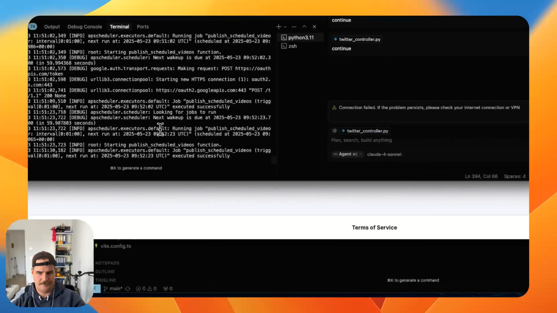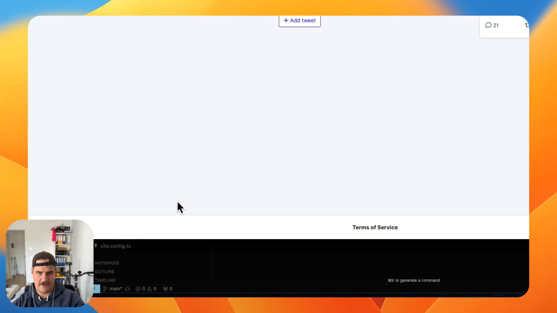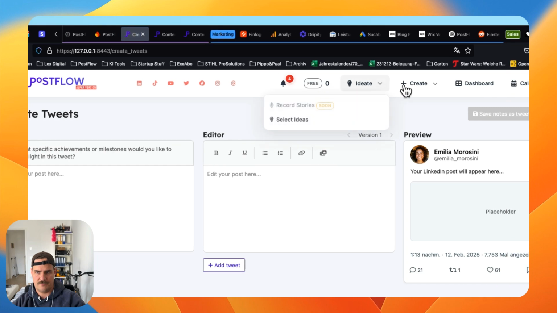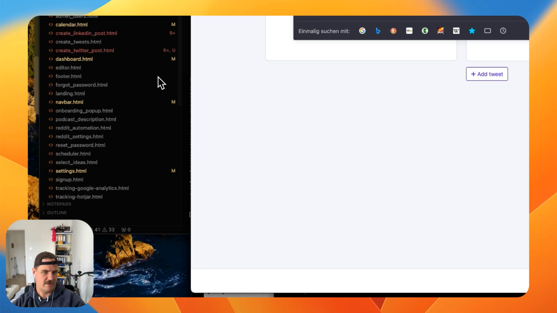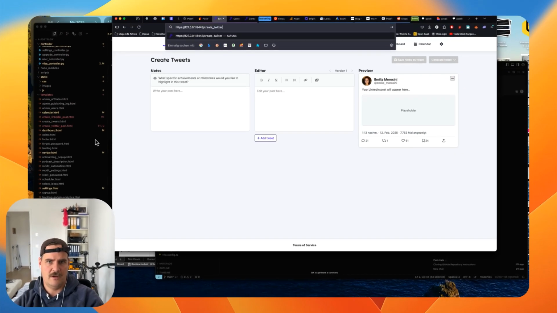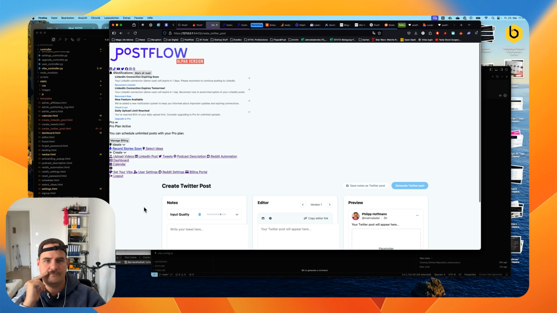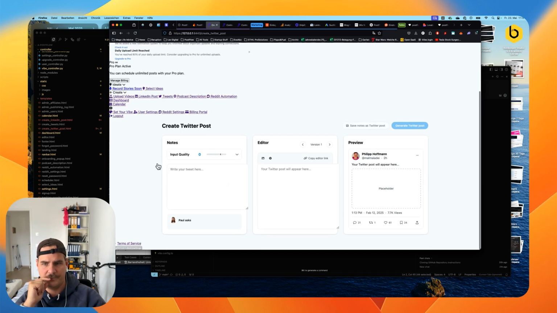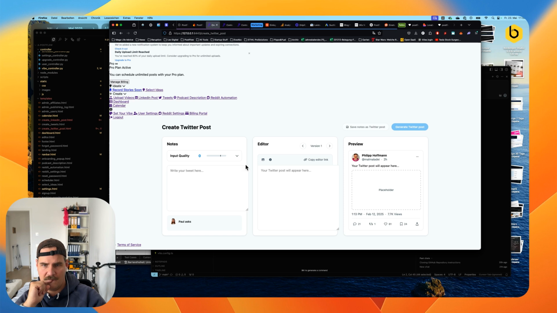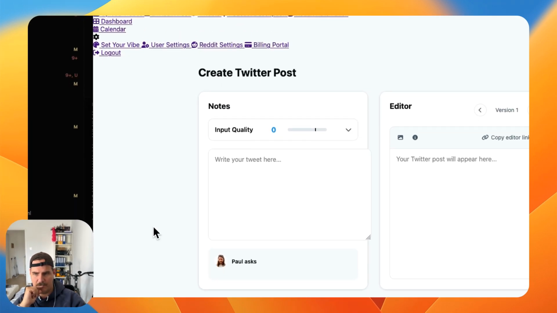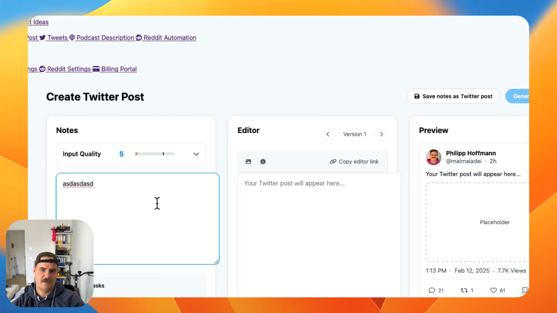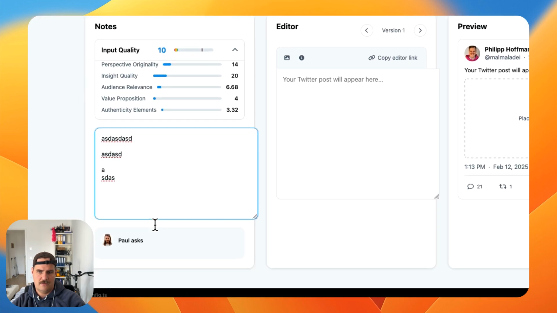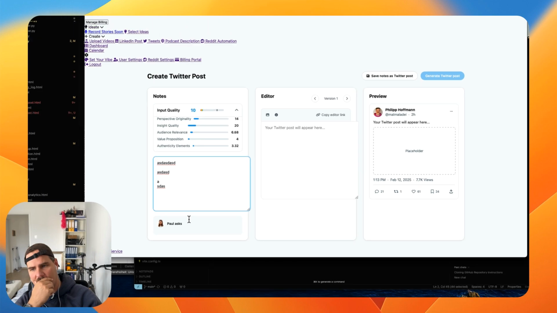Okay, let's just, for now, restart the local server. Refresh here. And then, what's the name of the template? Create Twitter post. Oh yeah, there's missing some CSS obviously. And let's see if it can generate something already. Yeah, it looks similar. I mean, the overall layout is similar, but